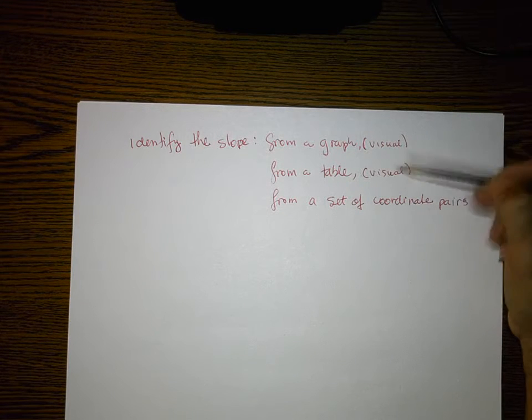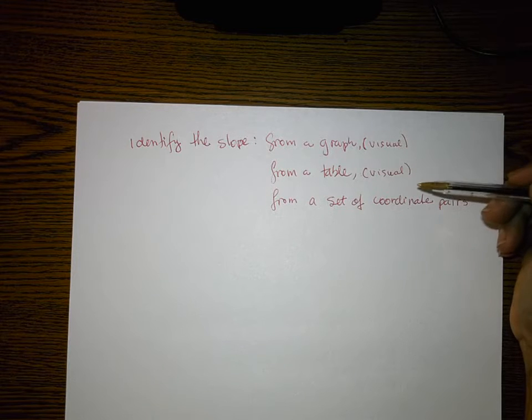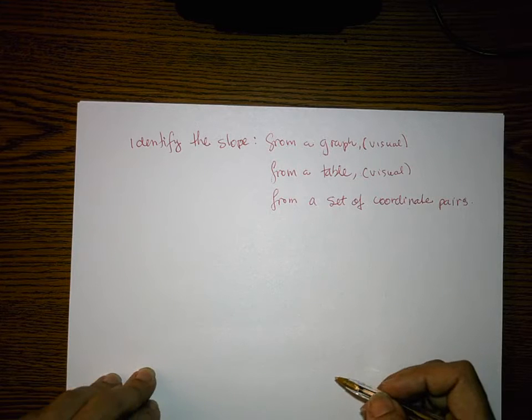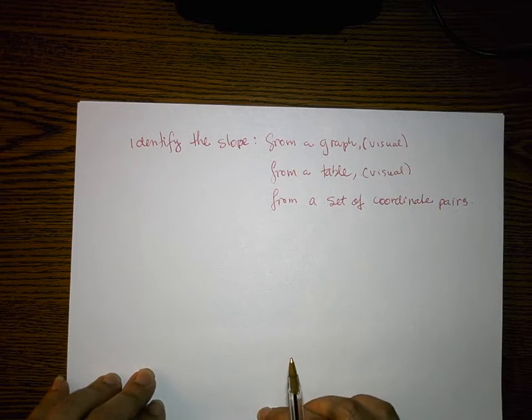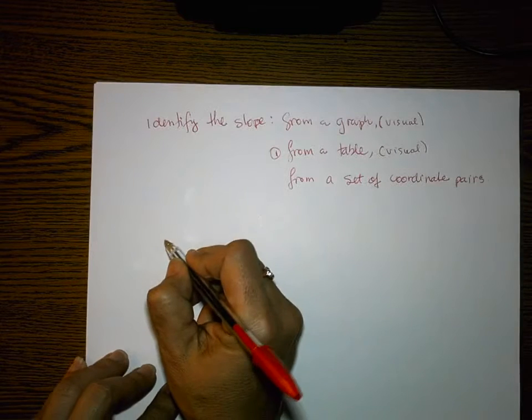But I prefer to look at it visually. Some students are visual, and some of them want to use the formula for everything. I'm okay with that. All right, so let's go ahead and start with an example from the table. I want to go from the table first. So if I have this table right here,